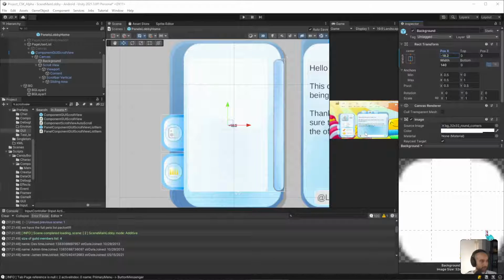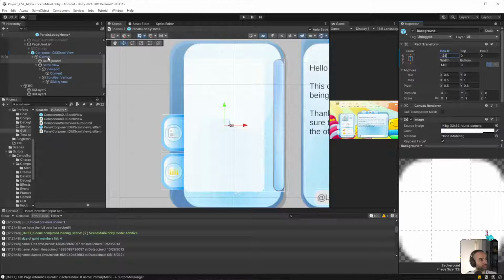I can't count. Let's try 24. Okay, so 24 gives us all the way to the edge. So we don't want 24.